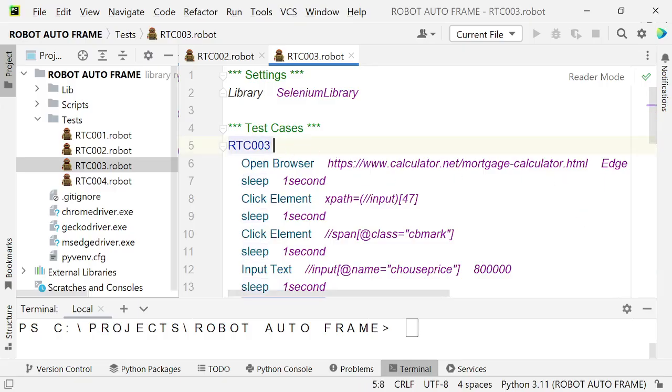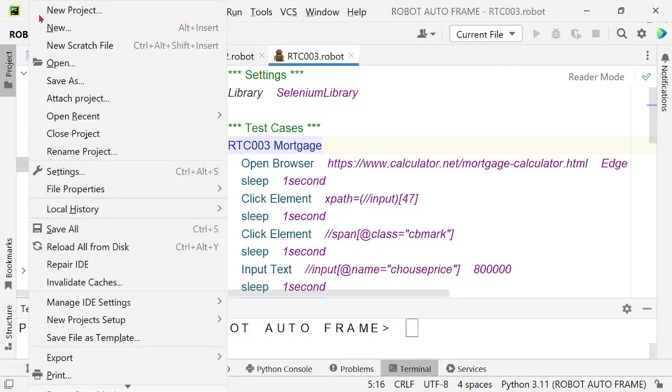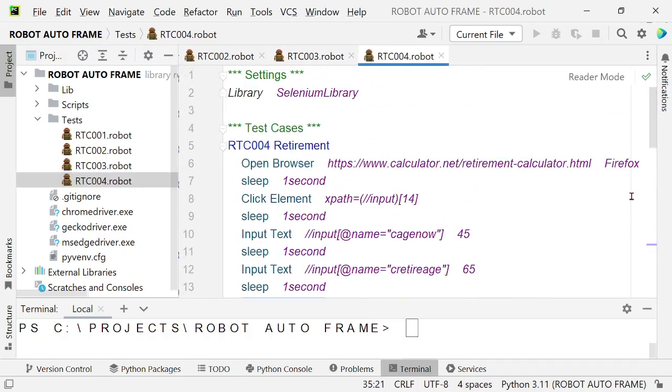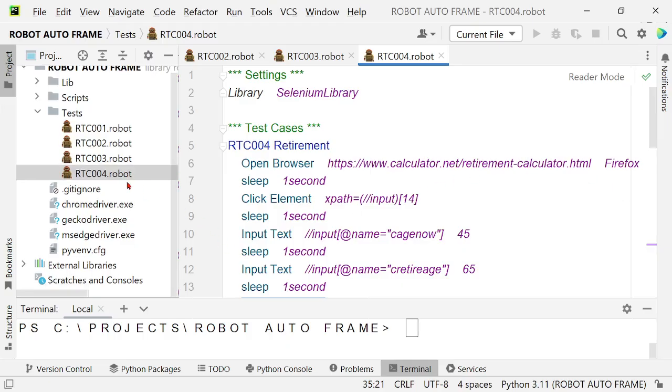What was this? Mortgage. You can change the test name in tests. You can change it the way you like it. It's not the file name. So in Edge, and finally in Firefox, you need to put, to ensure that everything is fine, download the latest